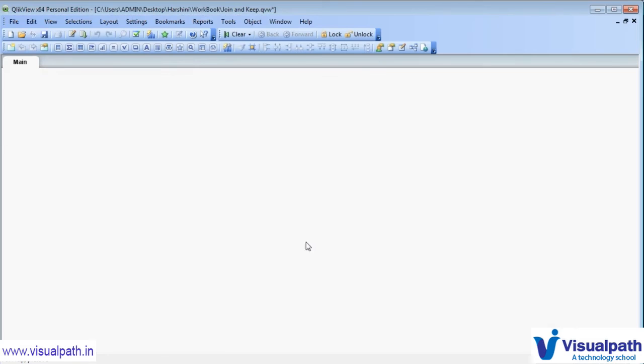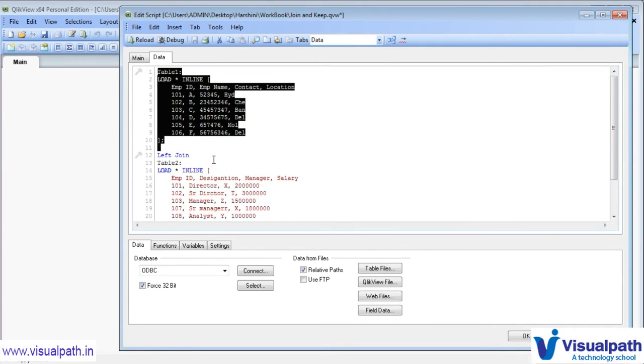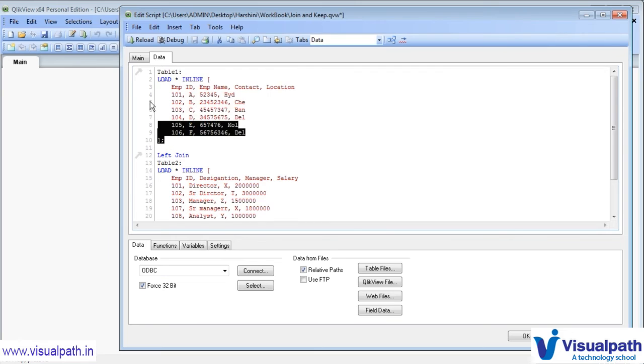So the meaning of left join is whenever you are joining two different tables, the first table data will all come as it is, and from the second table it will filter out the common data, and only that will be added to the database. The others which are not matching with the first table will not come. So if we use right join, that is exactly the opposite of the left join.